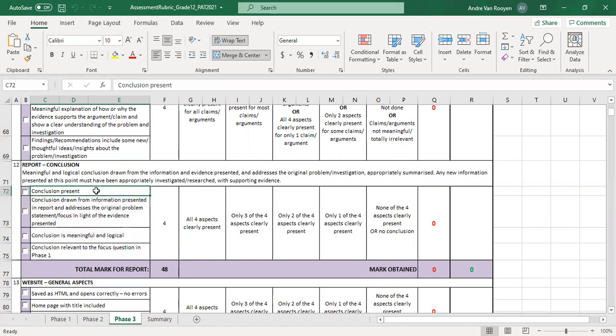As you can see, that's almost a free mark there, because it says conclusion present. So if you type any nonsense there, at least you will get the mark for conclusion, but don't type nonsense. So conclusion drawn from information presented in the report and addresses the original problem or statement or focus in the light of the evidence presented. So there you can refer back to your focus question. Take your focus question and type it out as a statement, but now you're going to have to give it a lot of meat and answer your